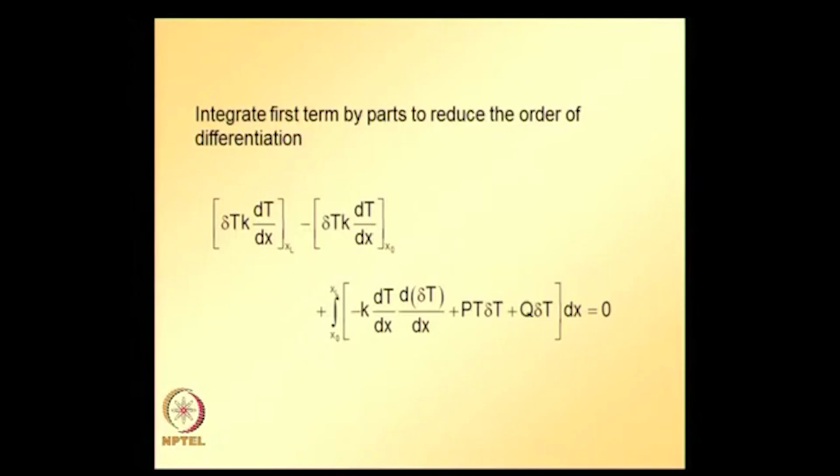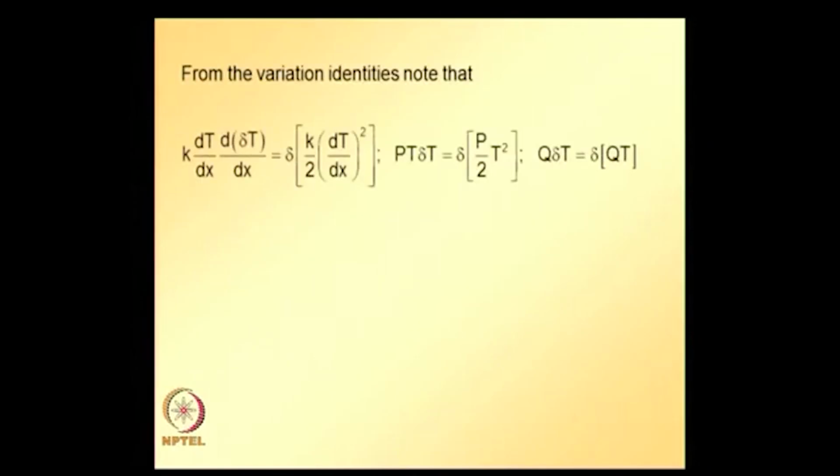Similarly p times t times variation of t can also be written as variation of p over 2 t square. Q times variation of t can be written as variation of qt. So from the variational identities we get this,